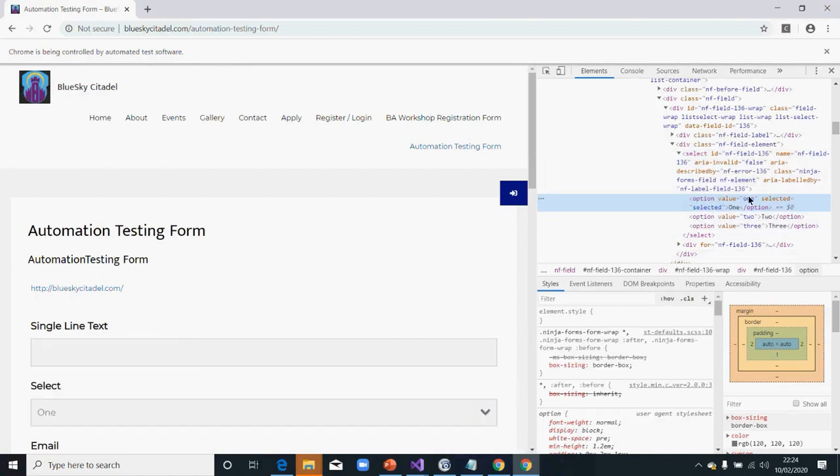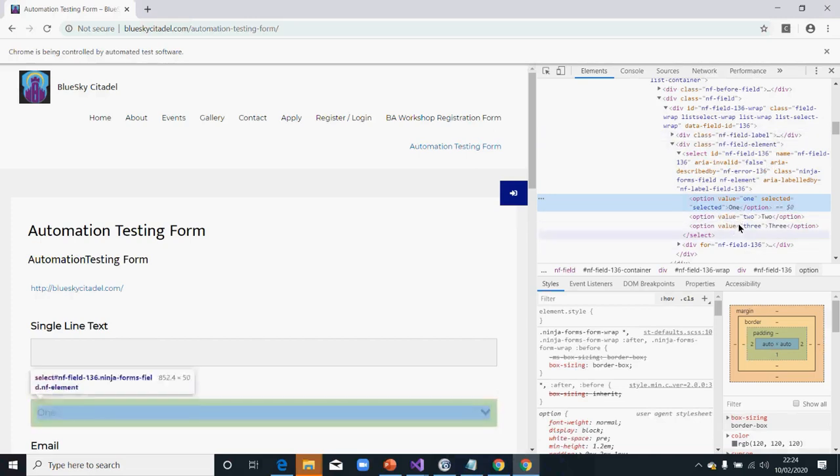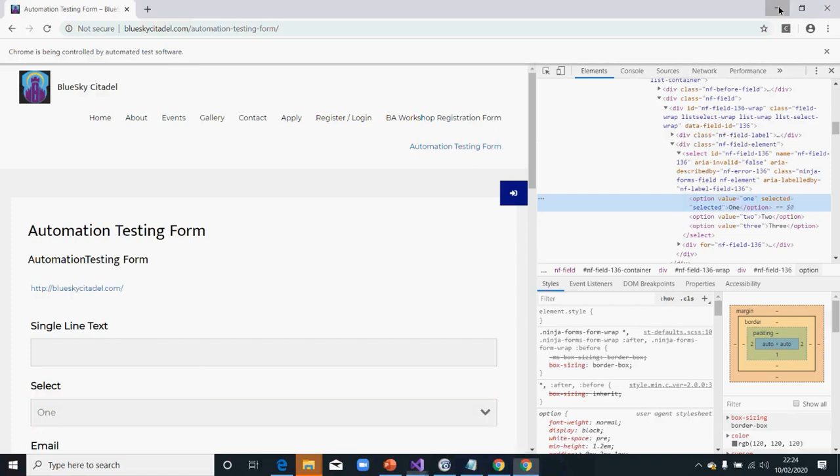It's got option value 1, and it's got option value 2. You can select by value and you can select by the text. Also, I think you can select by the ID. But because we are sure it's got value 1, value 2, value 3, and we're interested in selecting the number 1,